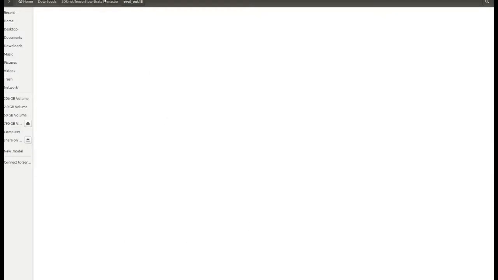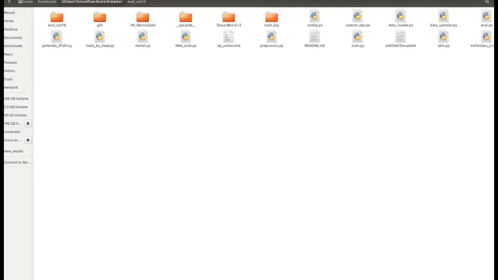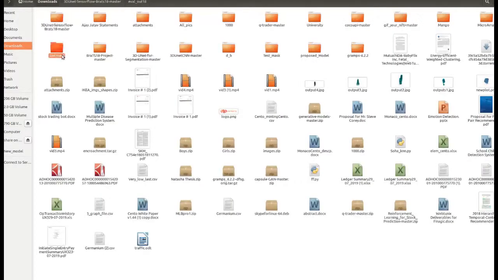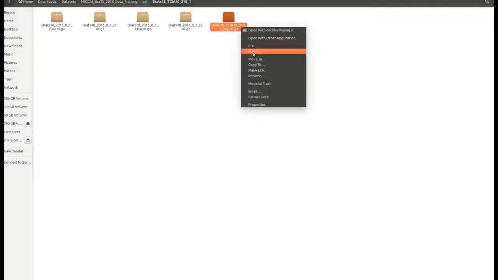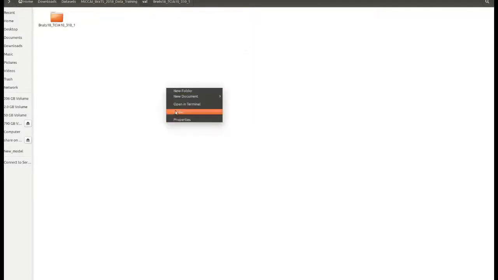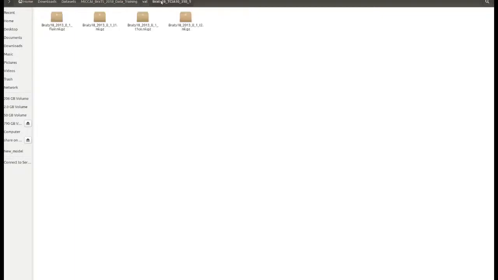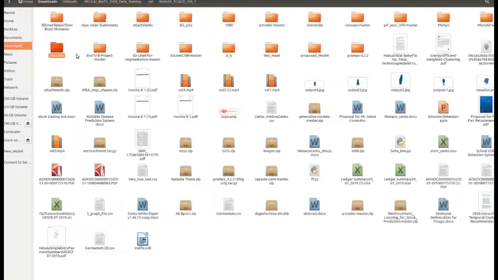So once I run the program, I will be able to generate an output vector in the evaluation folder, and for input features, I have used this validate folder and taken an example of an image. It requires only 4 images, and the segmented image is not necessary, so I'm just putting it outside for the time being. So these are my input and will produce an outcome which will be created